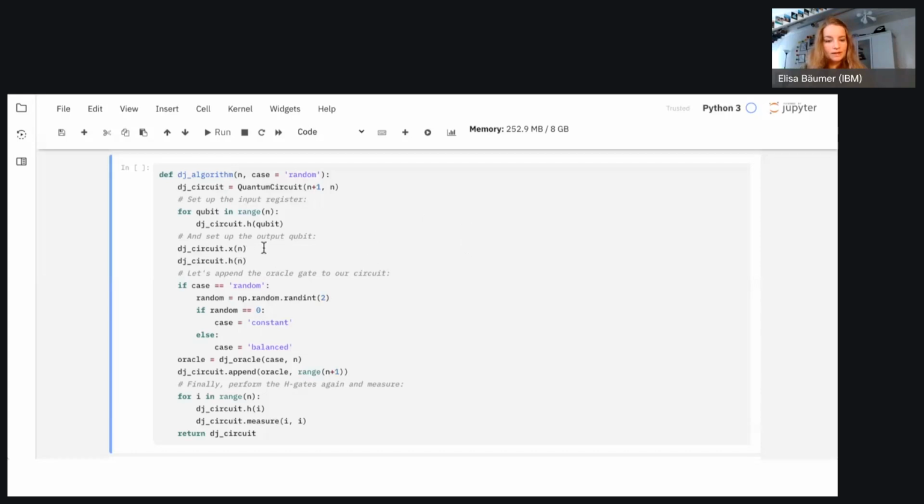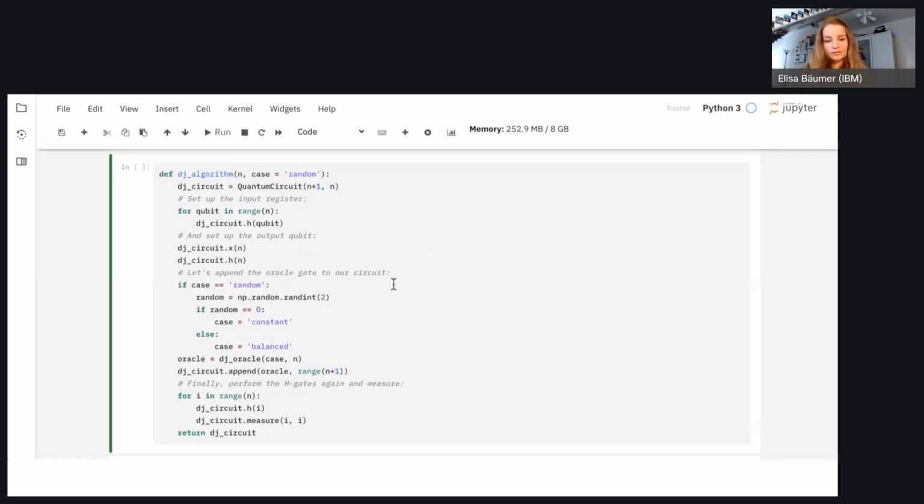So in the full algorithm, we will create a quantum circuit. Again, we need n+1 qubits. But now we also give a second number, which is the number of classical bits. So we have n+1 qubits and n classical bits. The n classical bits are needed for the readout later, because if I do a measurement, I get classical outputs that we actually observe and use, and these are stored in my classical bits. That's why I create both of those.